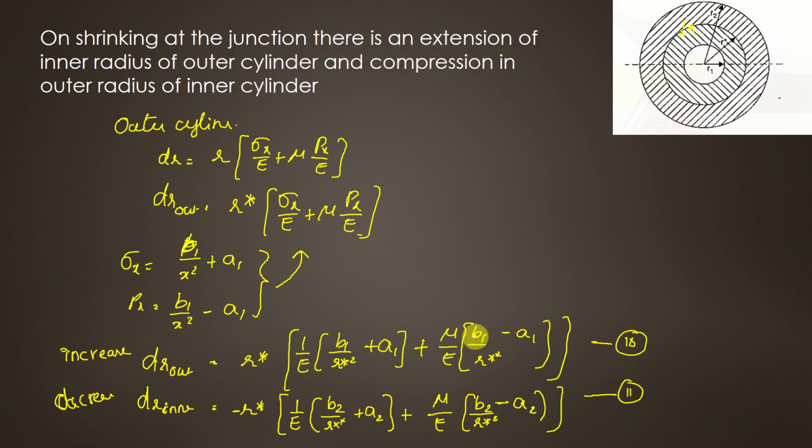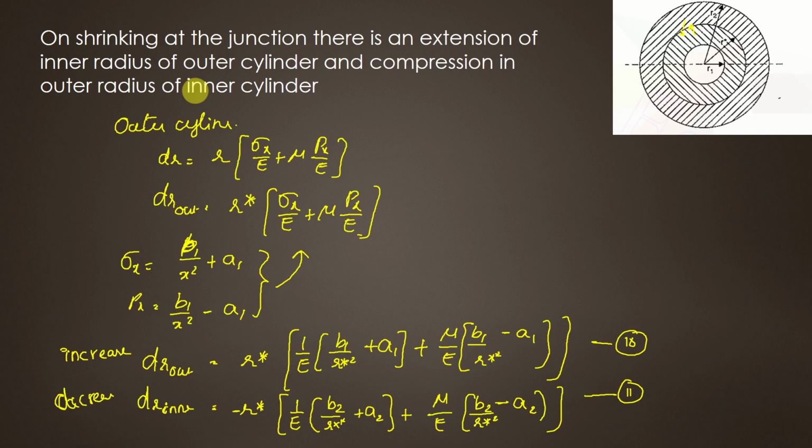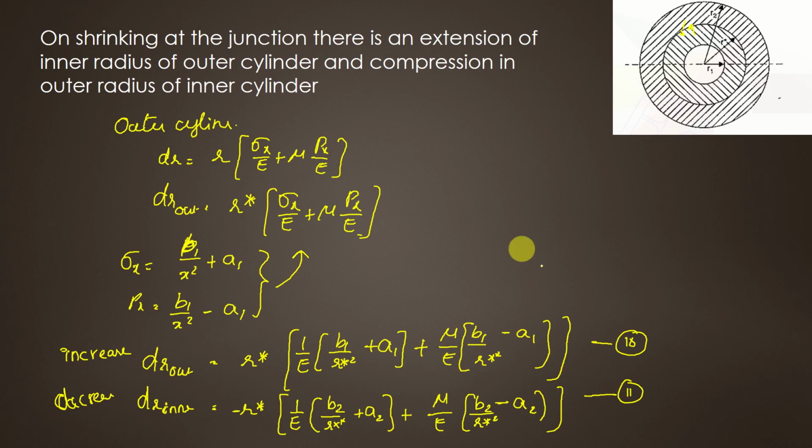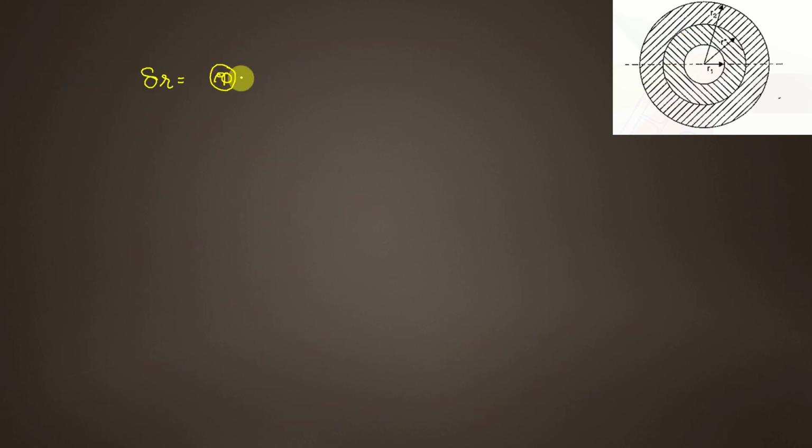But actually the original difference of radii is the sum of these two. The original difference will be the sum of these two. Increase in outer diameter or increase in inner diameter. So let me clearly write it as delta r. What we exactly need, the necessary difference in radii, is nothing but equation 10 plus 11. So if you add them both, we will get the necessary difference of radii. That is the hero of our topic. Okay, let us see now. Equation number 10, what is that?